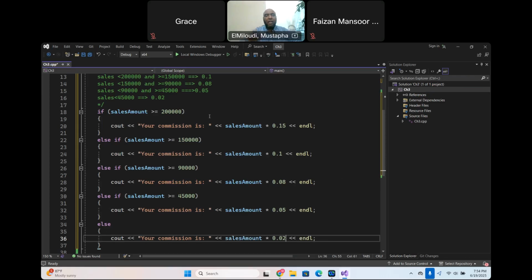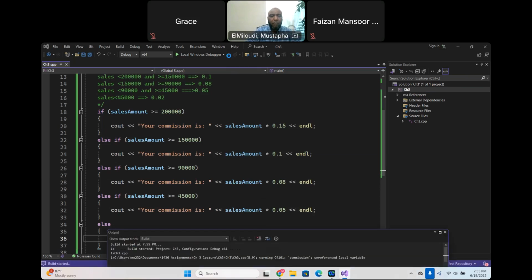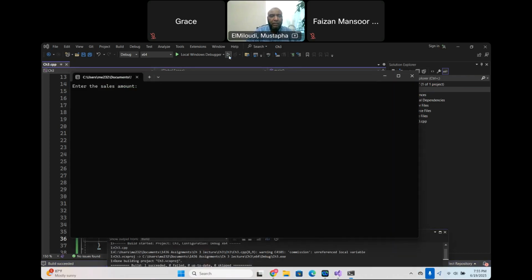So this is when you have multiple values. You have brackets. We don't have a specific value, a specific number. So we use this. Okay. So let me run the program and see. So I'm going to put here into the sales amount. Let's say I'm going to choose the second bracket, which is $145,000. So that's not the first one because the first one is higher than 200,000. So it's going to be in between. So you get